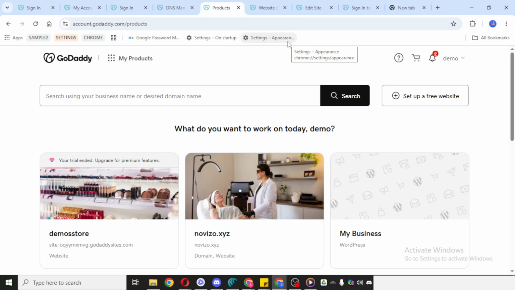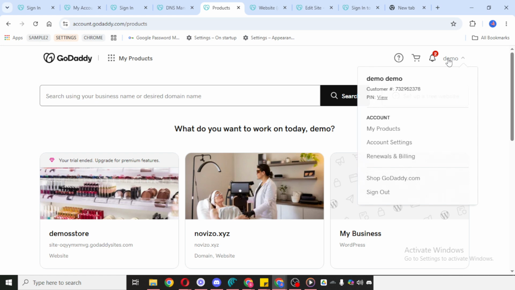Once you're logged in, look for your profile icon. This is usually located near the top area of the page. Click on your profile to open the account menu. From there, select My Products. This section is where GoDaddy keeps all of the products and services connected to your account, including domains, websites, hosting,